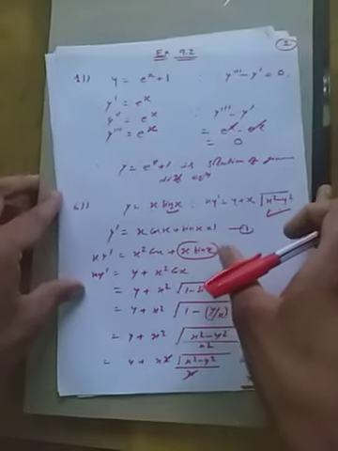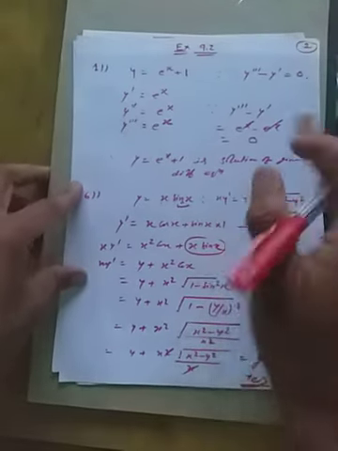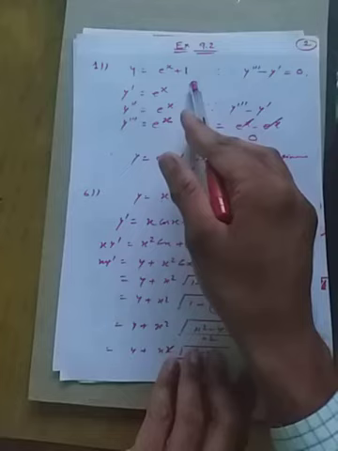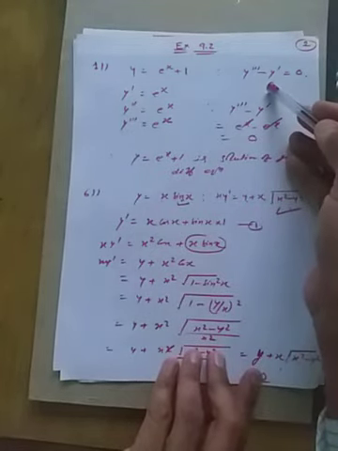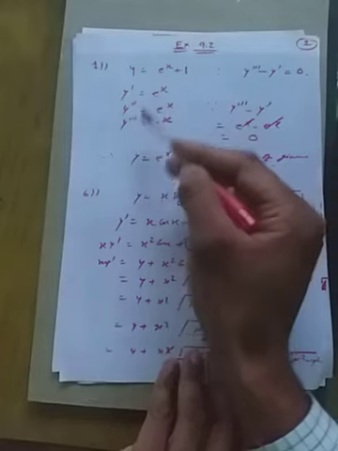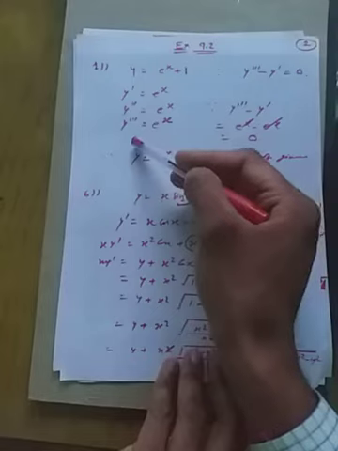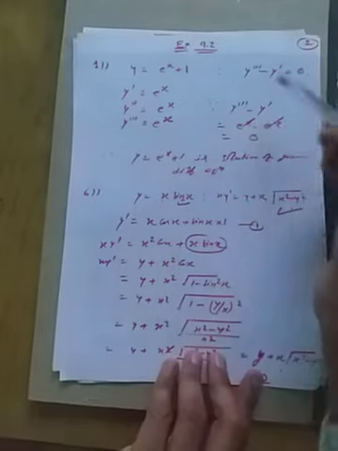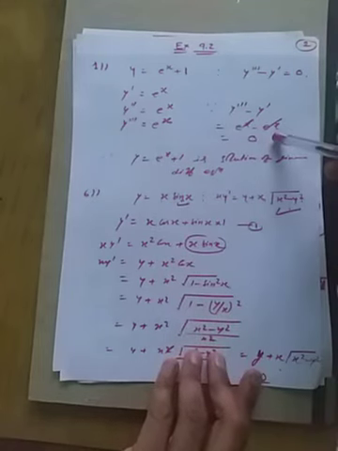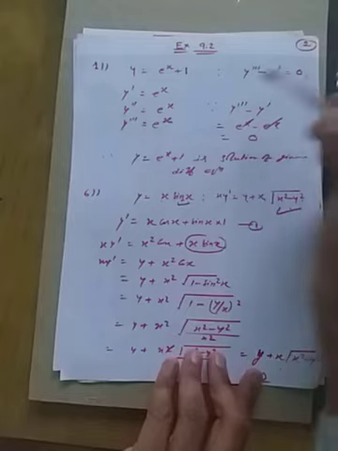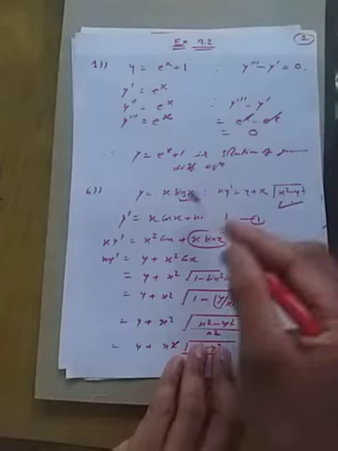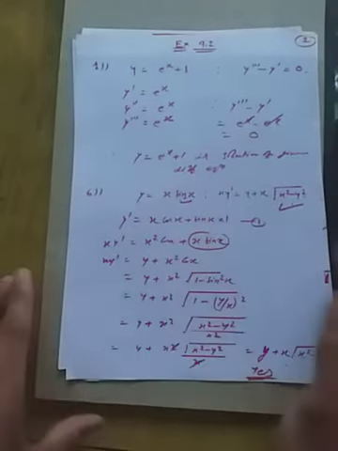Now come to exercise 9.2. In this question, we have to check whether y equal to a to the power x plus 1 is the solution of this differential equation or not. At first, I will find out y dash, then y double dash, then y triple dash. We will get the same. Now I will put the value of y triple dash and y dash here. We will get 0, meaning we are getting the right hand side. It means this is satisfying the corresponding differential equation. Hence, this is the solution of the given differential equation.